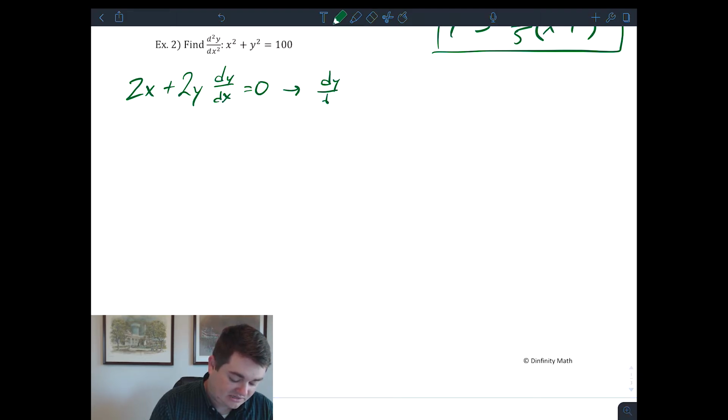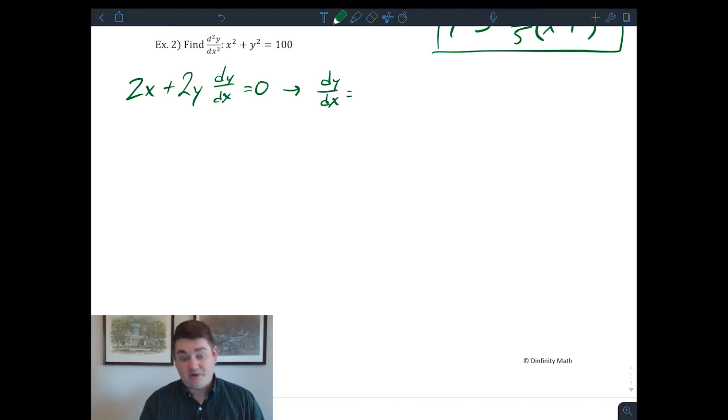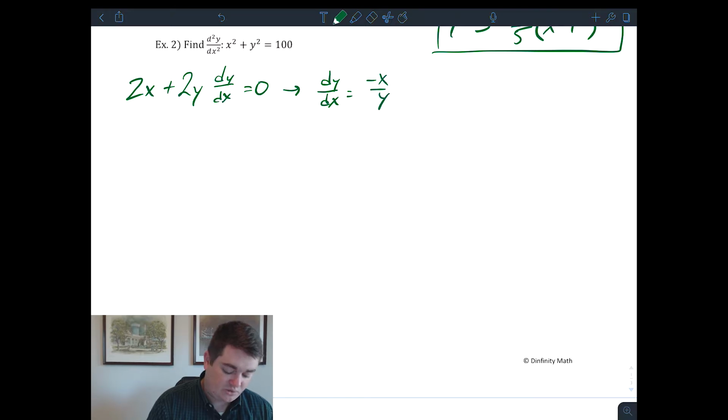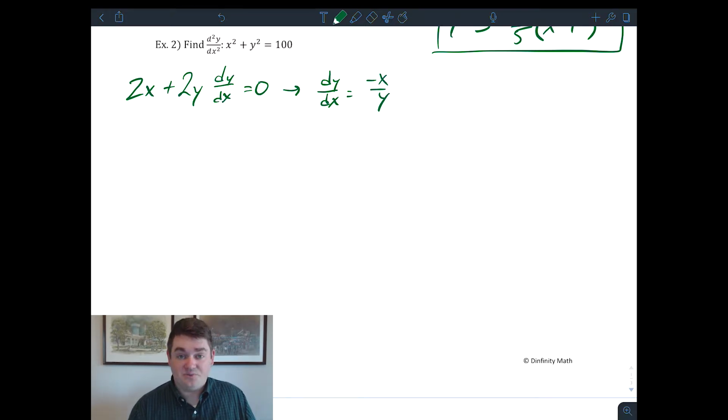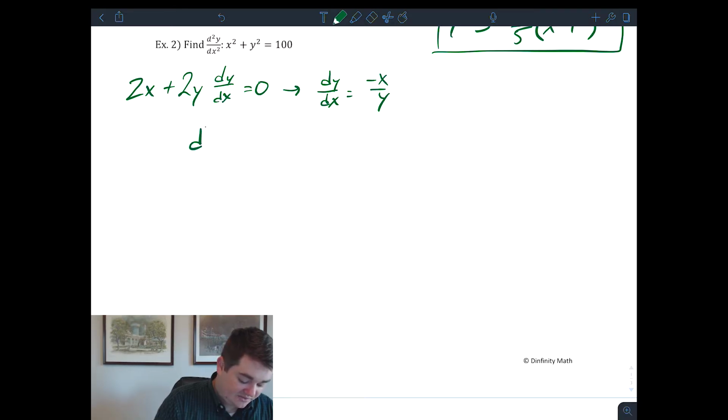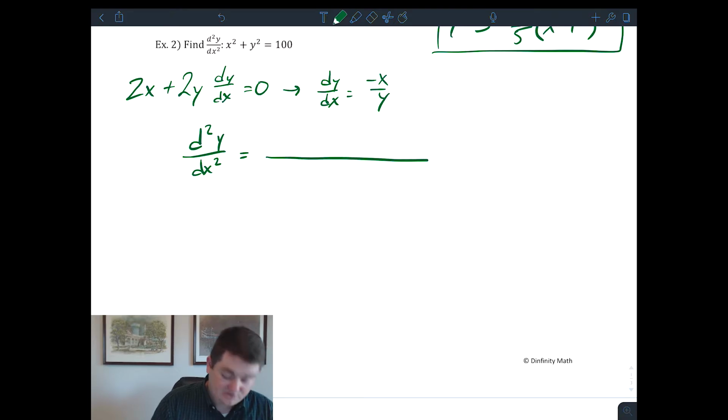To get dy/dx by itself, I'm going to subtract the 2x and then divide by 2y. So dy/dx equals -2x divided by 2y, which is -x over y. So that's my first derivative, dy/dx equals -x over y. To find my second derivative, I'm going to take the derivative of -x over y, which is going to require the quotient rule. So my second derivative, d squared y over dx squared, equals, using the quotient rule, the derivative of the top, -1 times y, minus -x times the derivative of y, which is dy/dx,